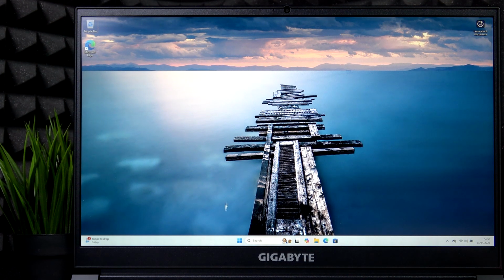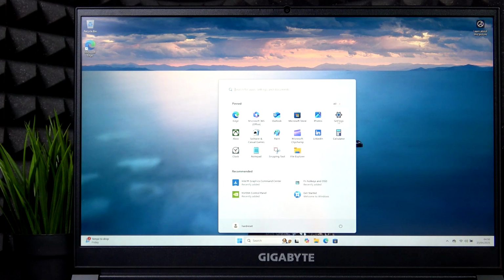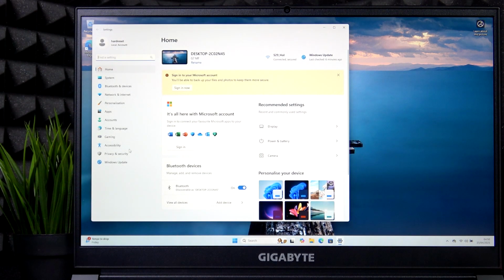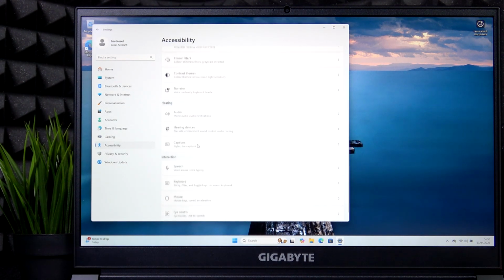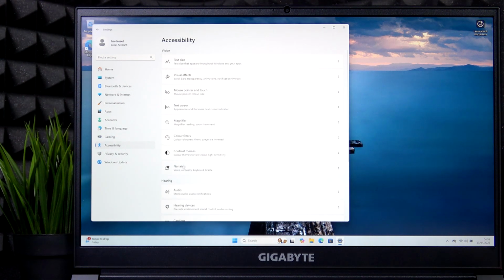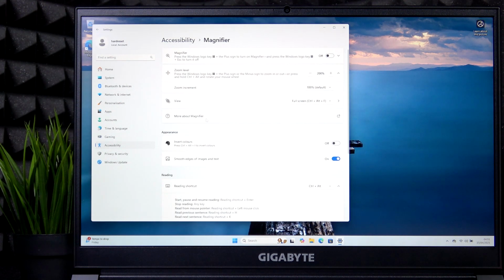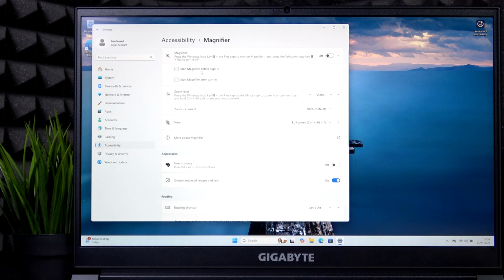Now, we can also go to the settings, accessibility, and find Magnifier. Now, you can enable it manually here. You can also select it to start Magnifier before sign in or after sign in automatically. And you can set the default zoom level and zoom increment, which will be the amount of percents the zoom